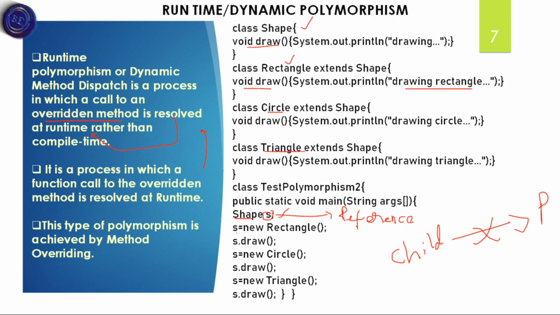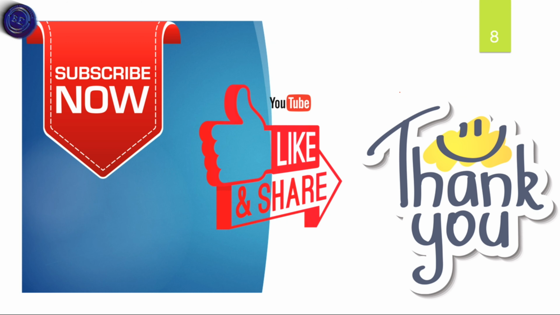So s is used as an object while Shape is a reference. So this parent class is pointing towards the child class. This is the main concept in polymorphism. In this way the content is given to each method, and the content present in that method will be printed. So in this way runtime polymorphism occurs.